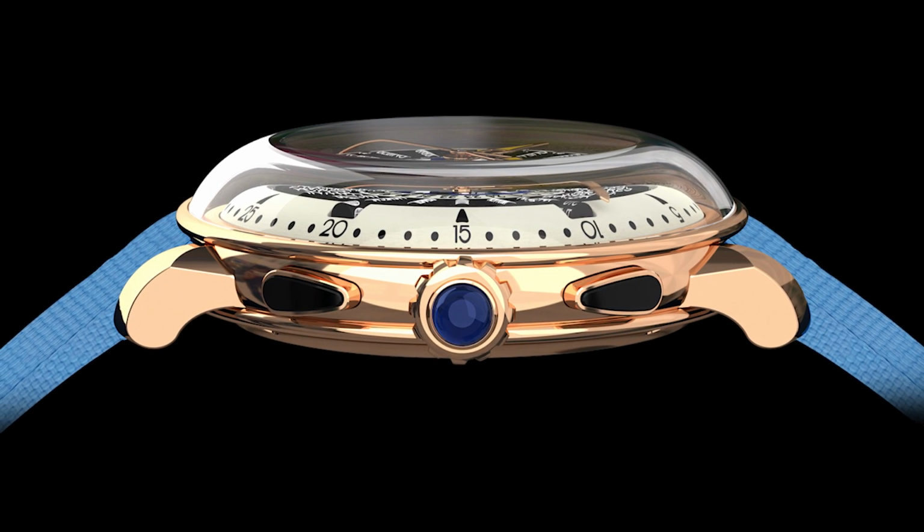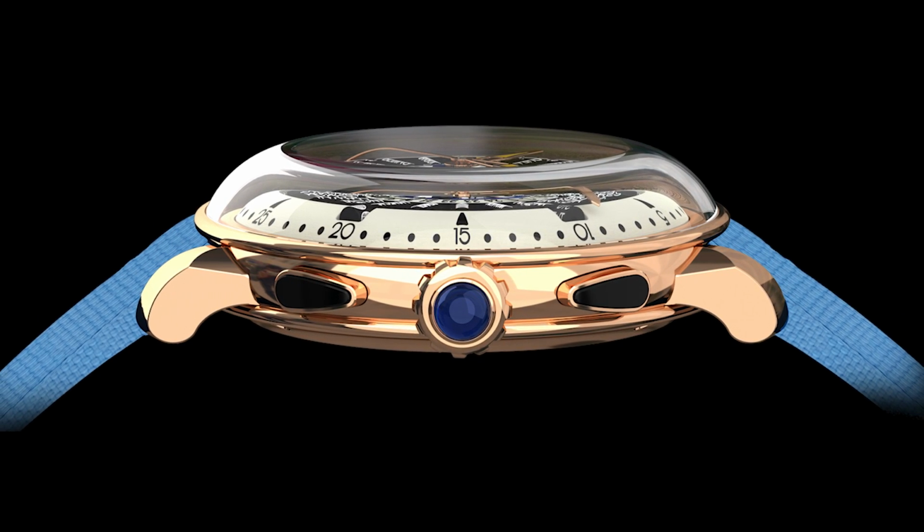But then we also wanted to have a design of the case which is really surprising in the house of Bovet, but in real continuity to what the Dimier case is. For the ease of the collector, I wanted these two pushers, and not correctors, pushers to make it easy and friendly on the wrist. But when looking from the crown side, we discovered that this is a great shape for a chronograph. So perhaps you already have for 2027,